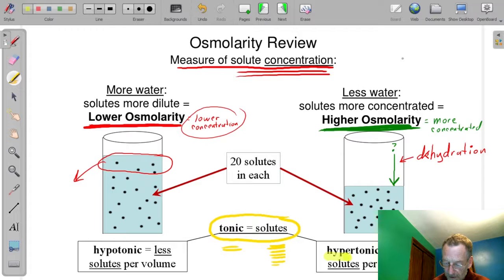Oh well. Hypertonic, more solutes per volume. And on the left, it's hypotonic, fewer solutes per volume. Which way does water flow? Water always flows to the hypertonic, where there is less water, where the osmolarity is higher. Okay, the last slide for this